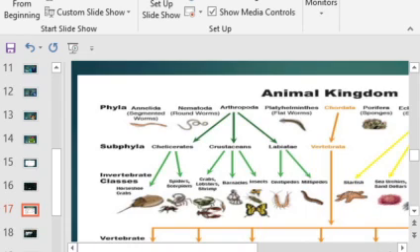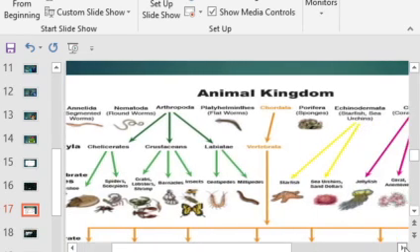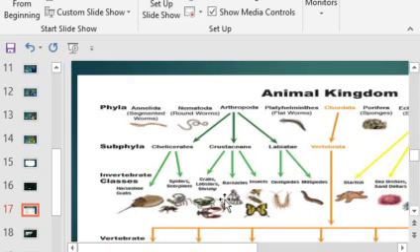Just to bring to your attention, we are not going to focus on the Porifera or the Platyhelminthes phyla groups. We are going to focus on the other 7 or 6 groups of the phyla. As we can see here as well, we go back to the left, the Arthropoda group, it's divided into subphyla, which you have crustacean, labiate, chelicerates,